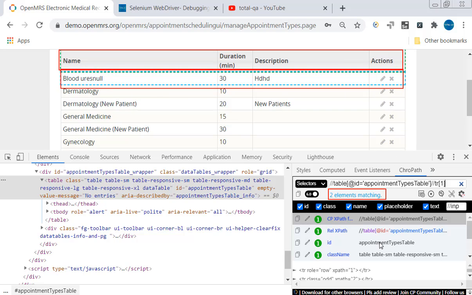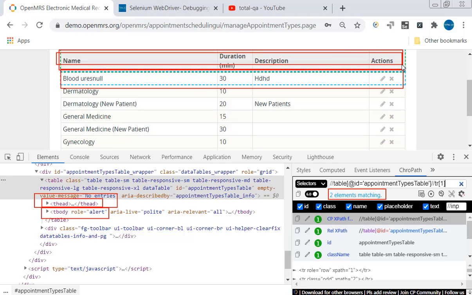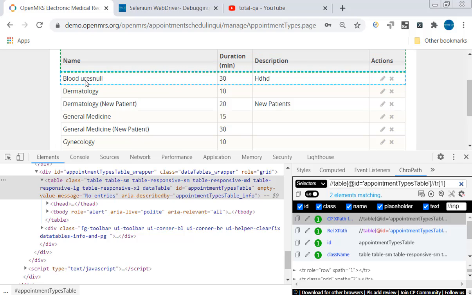Because table row of 1 is available under table head and under table body. So if there are 2 matching nodes, driver.findElement always selects the first matching row and tries to fetch the value of this content only. It doesn't go and identify the content in the table body. We'll fix this issue during debugging of the program, right now.